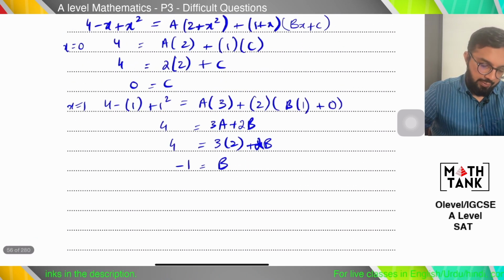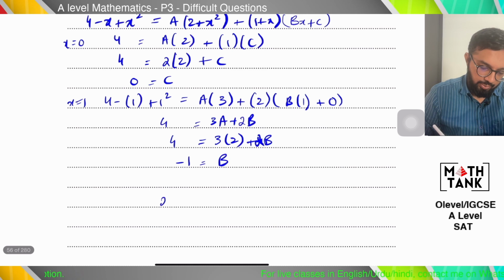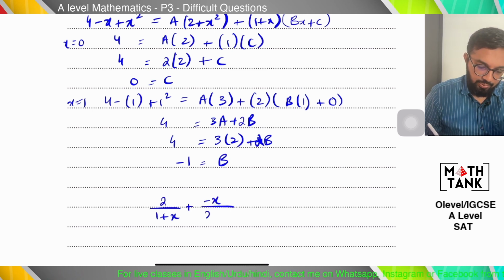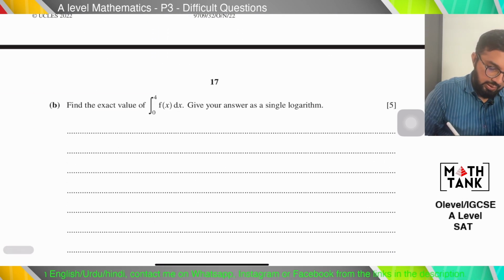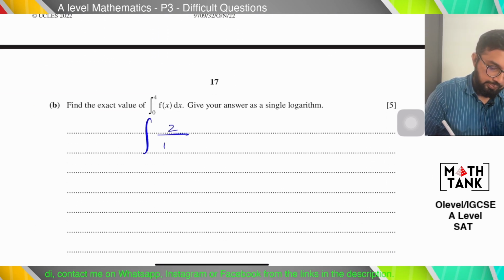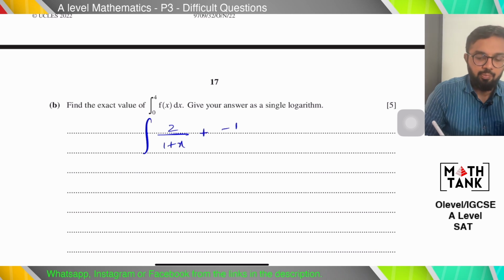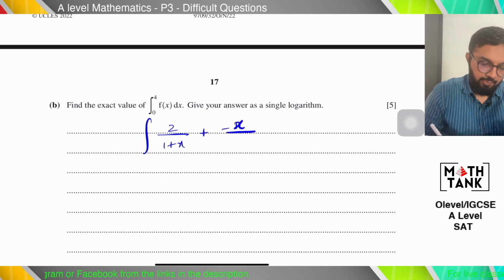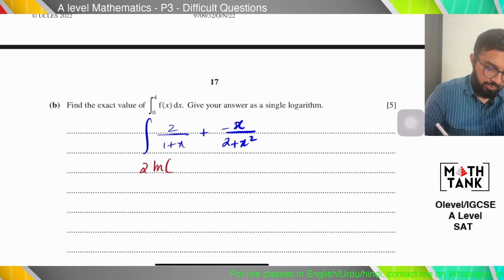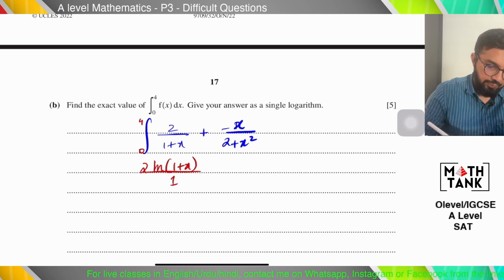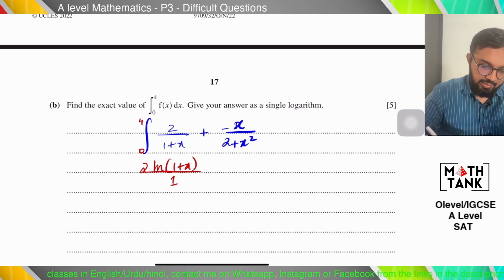Okay. So I have my partial fractions. I have 2 over 1 plus x plus minus x over 2 plus x squared. Okay, that is what I have to integrate now. Okay, so this is simple integration: 2 ln 1 plus x divided by 1. Okay, and I have the limits 0 to 4. And this is integration by